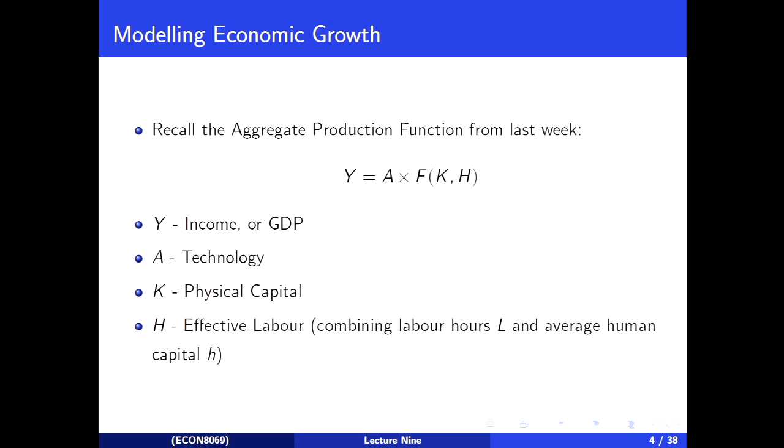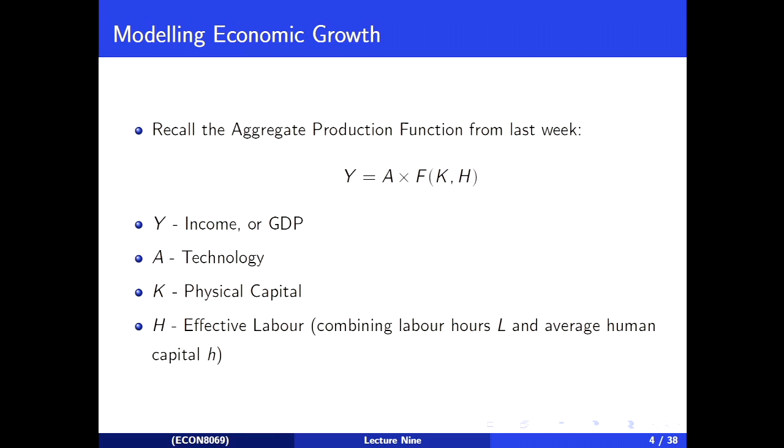As we increase K, as physical capital increases, output does increase. As human capital, as effective labour increases, output increases, and it does so at a diminishing rate, because these powers here are less than 1. And people asked about graphing last week, but we couldn't because we didn't have a document camera.